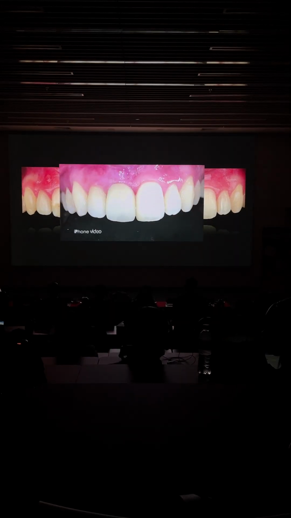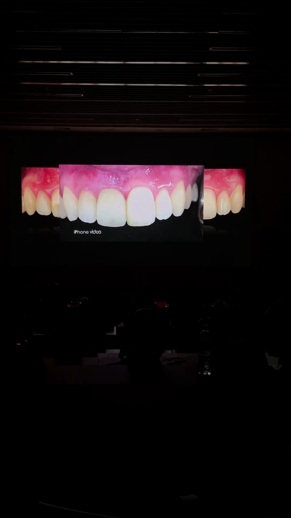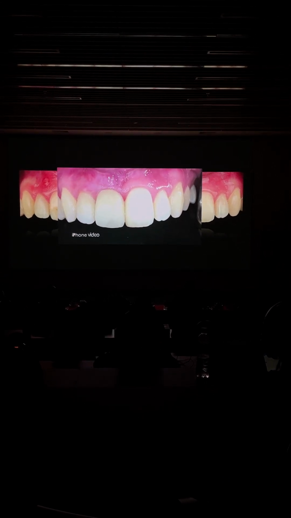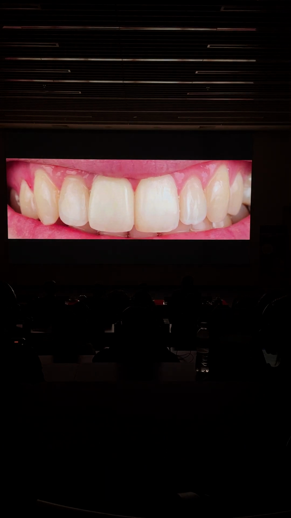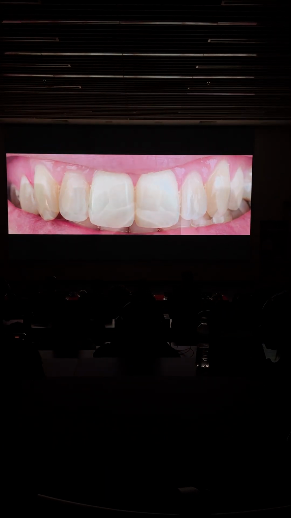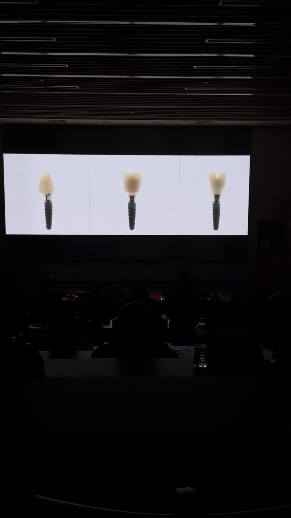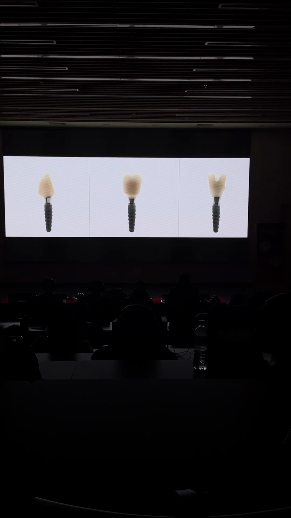This implant is a little bit deeper, so we have a nice bone response crestally. This is the iPhone video. You can see being concave and have a different emergence profile on the tooth. It's a grayish appearance. But as the tissue is maturing, you will see how the tissue is growing. This is when I place my provisional, how much I'm pushing. It looks like there is not enough volume to overcome the nice emergence profile of the tooth. But as we are going forward, I always use 3mm titanium